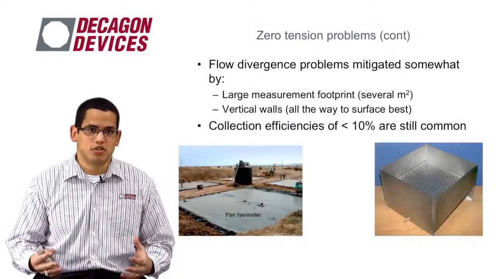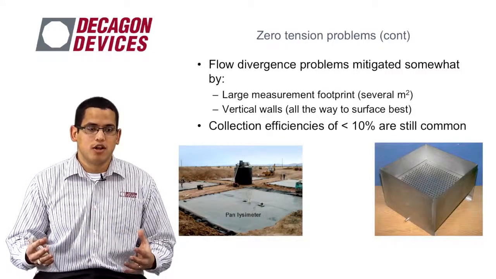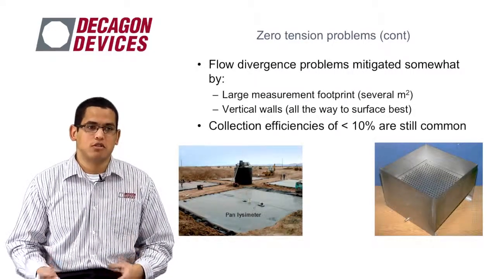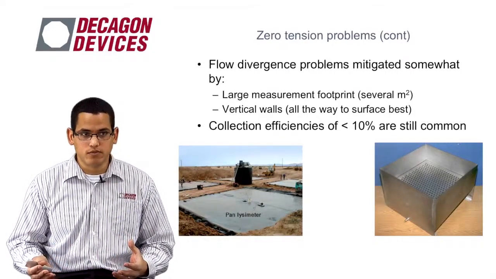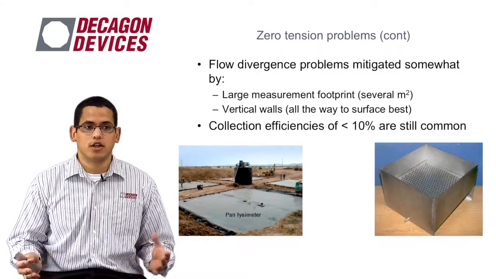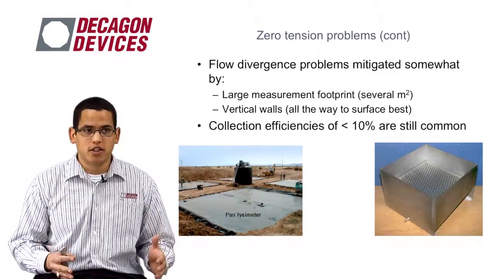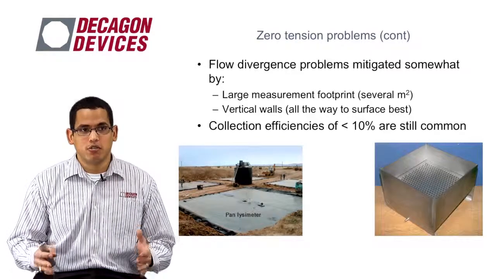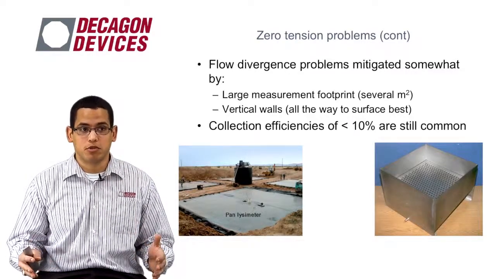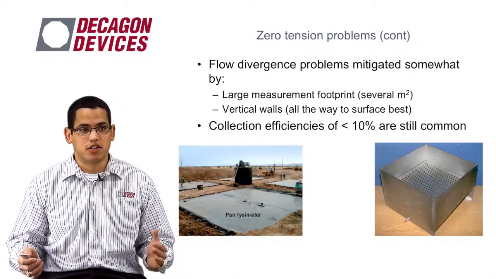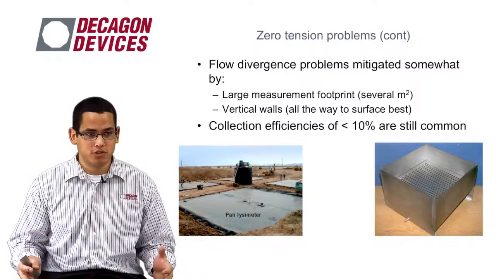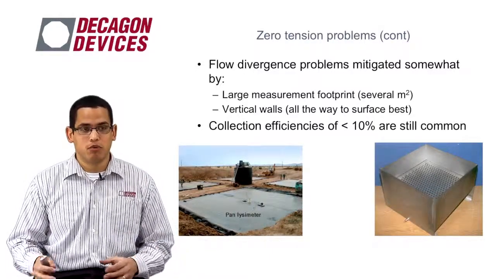Again, there are problems with the zero tension pan lysimeters, but one of the advantages is that they're cheap, and you can kind of mitigate some of these problems. One, by making a large measurement footprint. You can see a picture on the left here of very large pan lysimeters. That will help mitigate a lot of